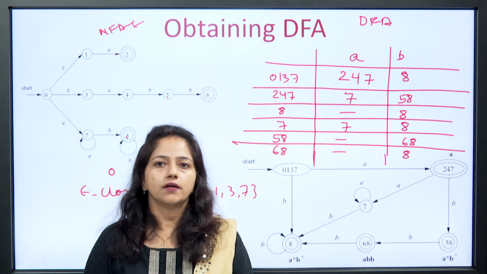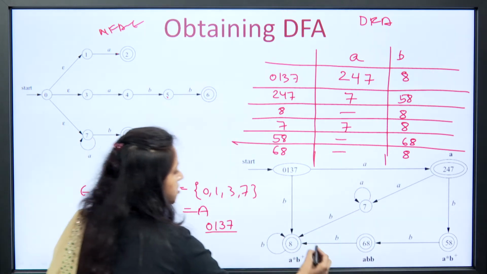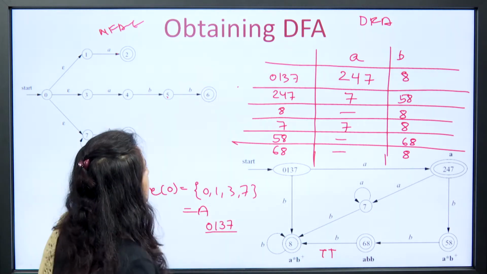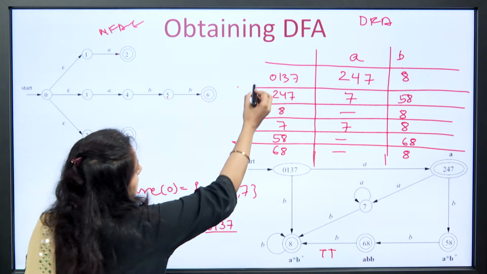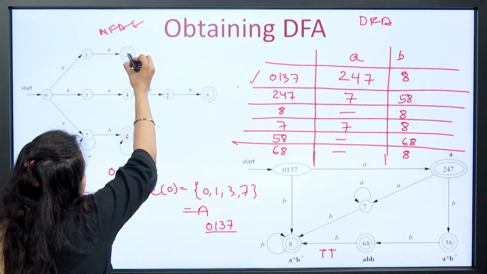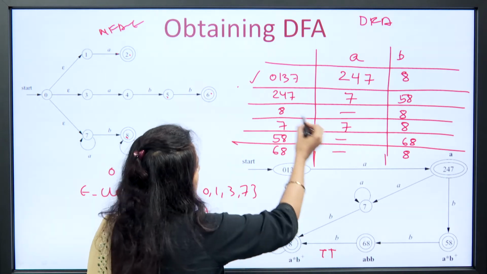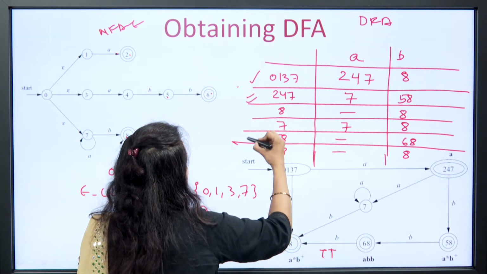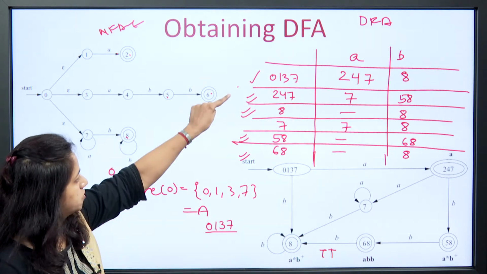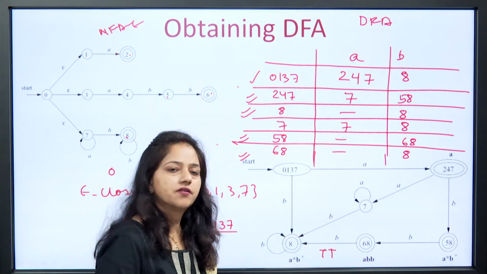So, in this way we can draw the transition table, and from the transition table we can easily obtain the transition diagram. So, this is the start state, right, and what will be the final states? The start state will also be final, because it has 0, and final states mean the sets that have either 2, 6 or 8. So, since it has 2, this will be a final state, this will be a final state, this will also be a final state, and this is also. So, they have 2, 6 and 8, so they all will be final states, and we can complete this transition diagram.